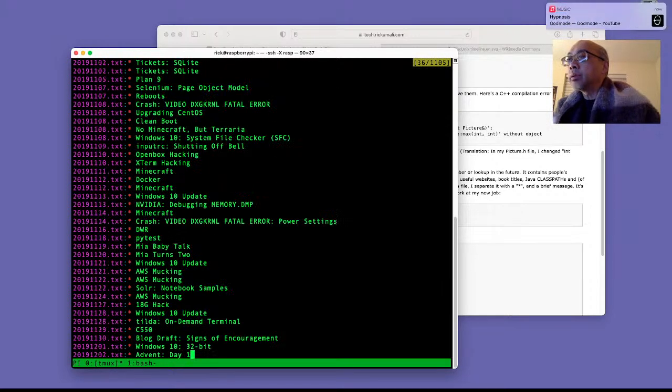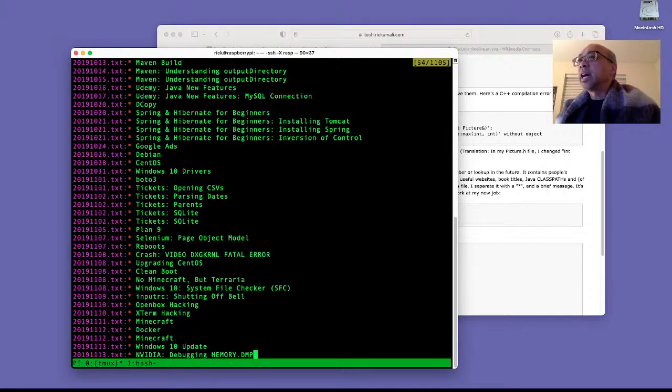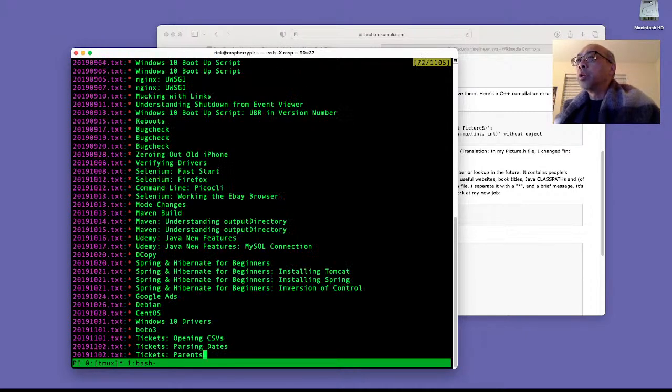And if I go back even further, to 2019, it looks like I was doing Advent of Code, little programming puzzles during December. So hacking around with Xterm, things like that. And when you go into it, like here, I'm going to do this one here, for example.